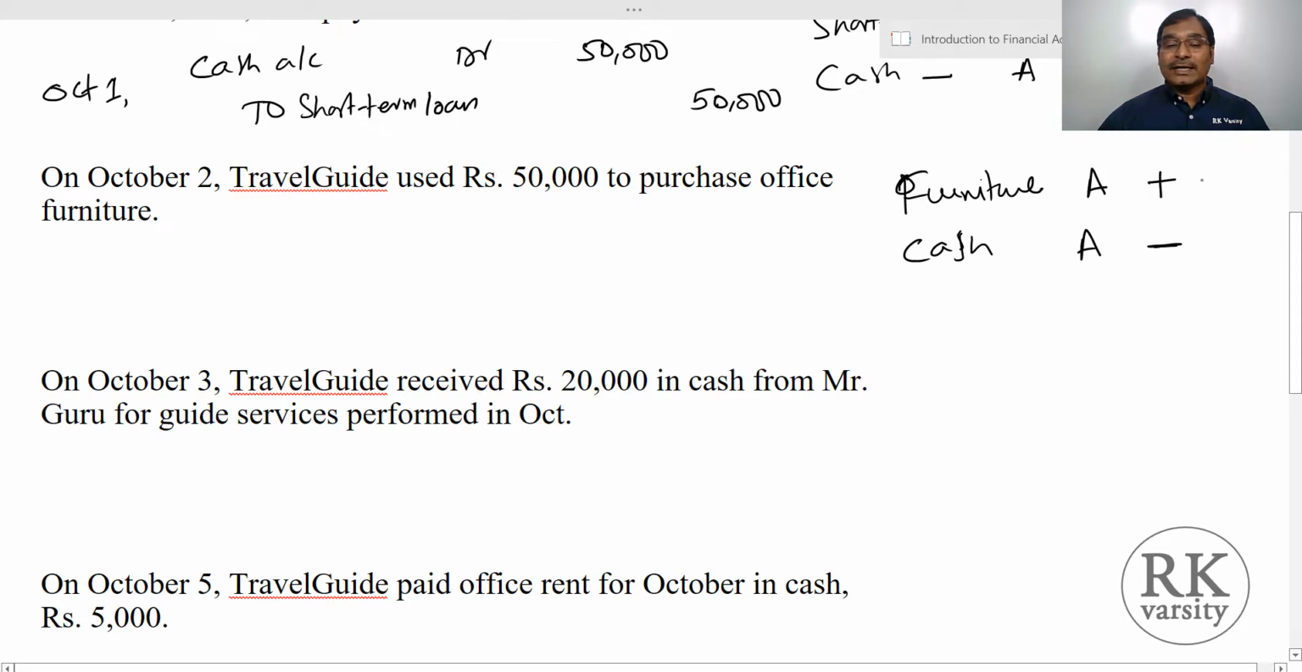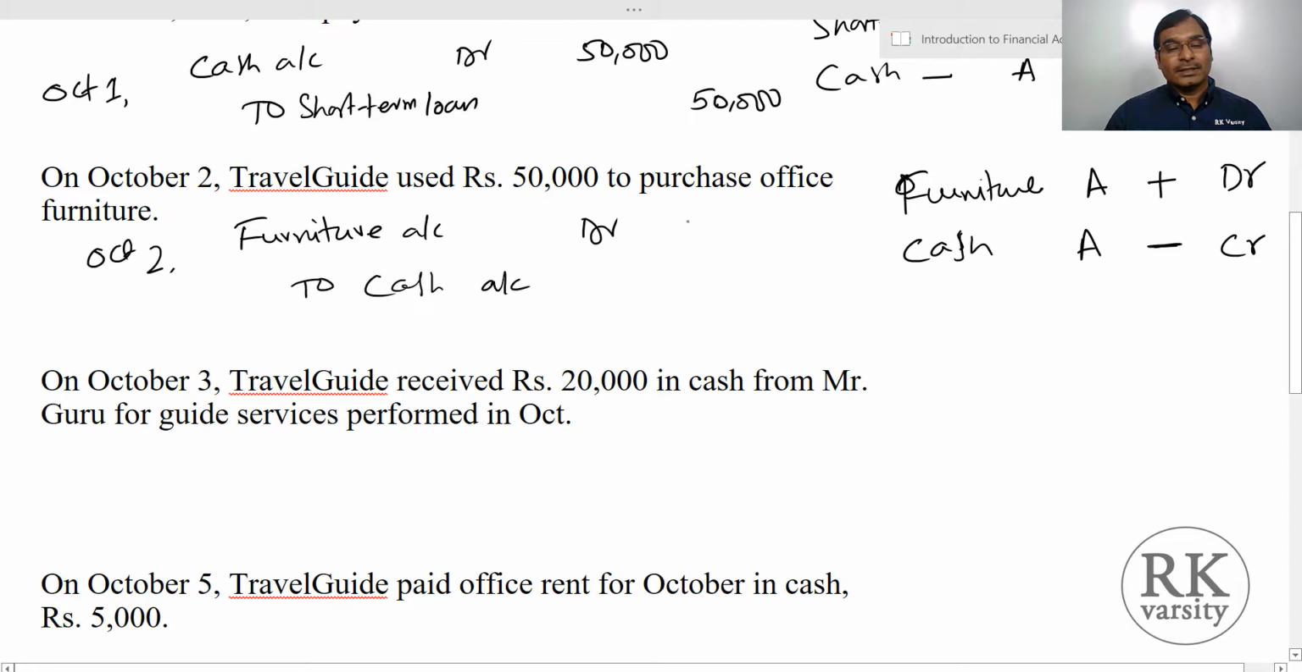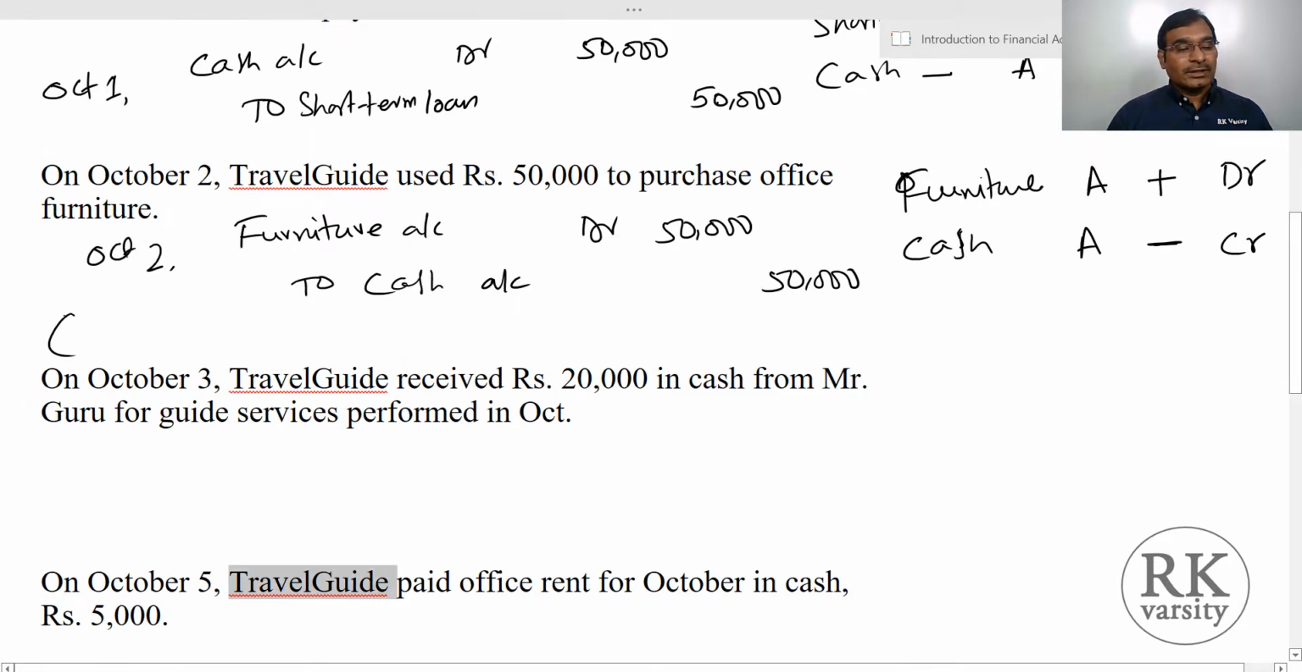Now, when an asset increases, our rule says that you have to debit this account, and when an asset decreases, then you have to credit this. Now your journal entry will be: on October 2nd, furniture account debtor to cash account. So the amount is 50,000 and 50,000. And you can write a narration also, because for future reference purposes you can use a narration here. So your narration you can write